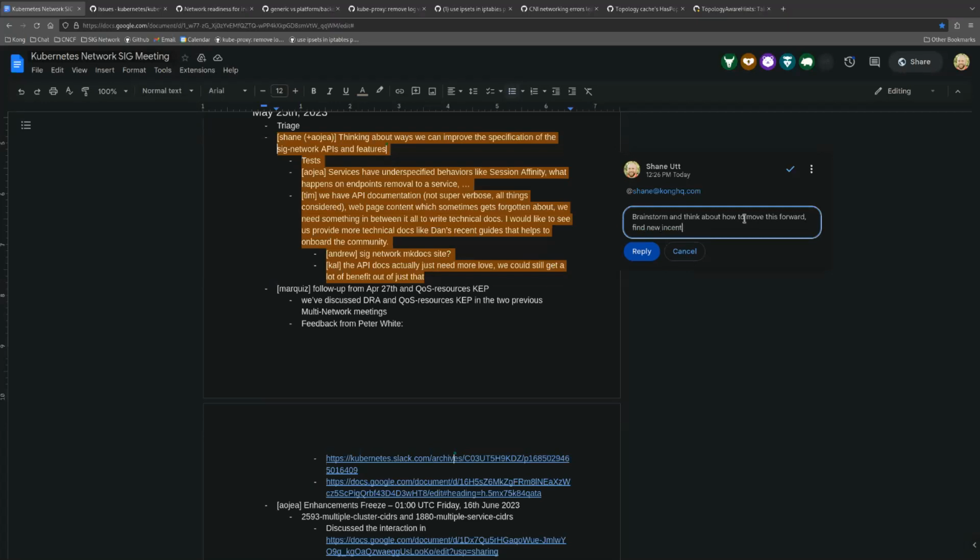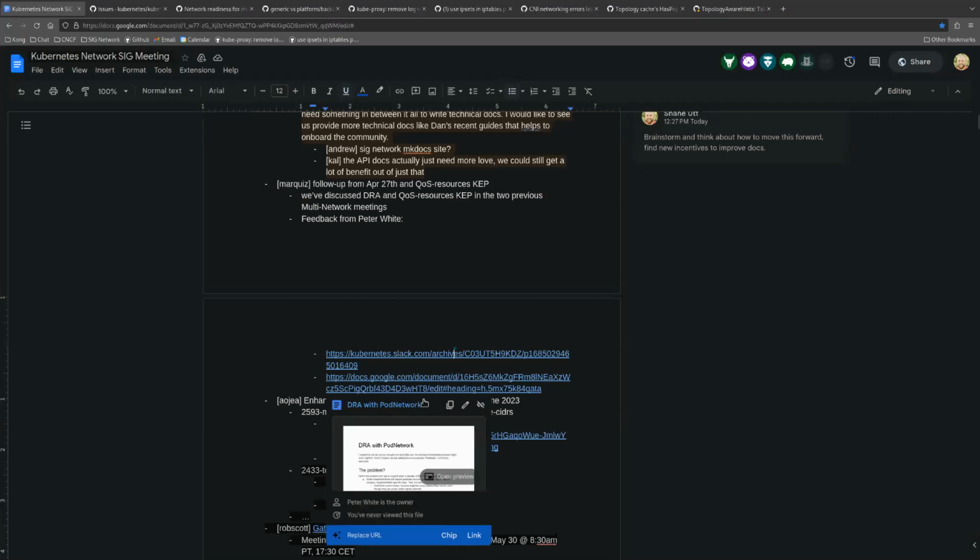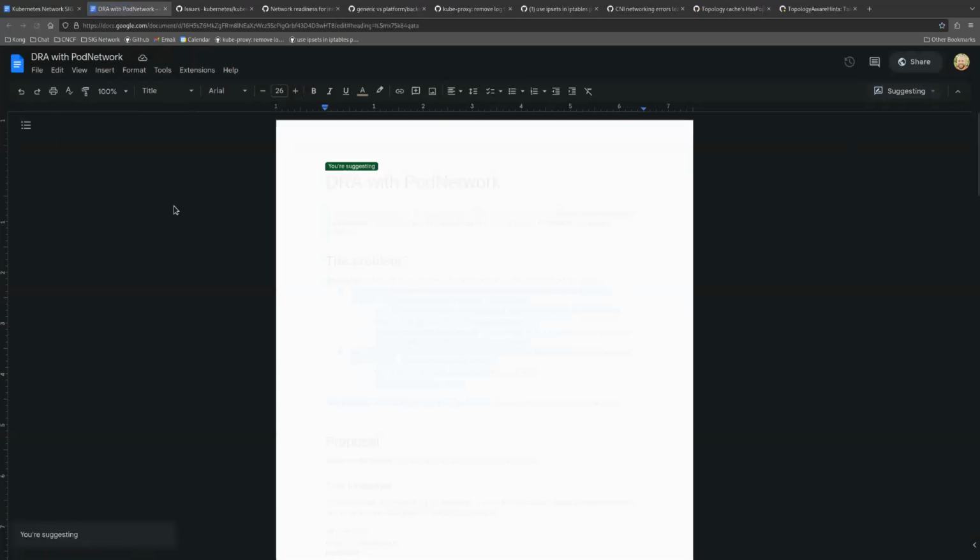However, I think yesterday in the meeting, Maisei mentioned some challenges: if we're using DRA claims for something, how will we be referencing them from services, policy networks and so on. So there are a bunch of open questions.